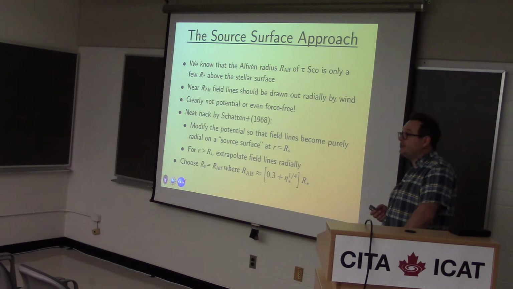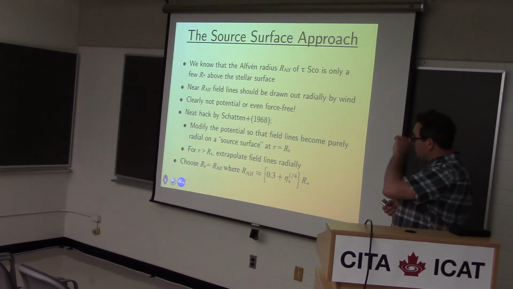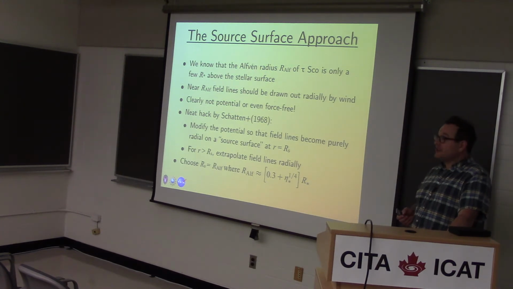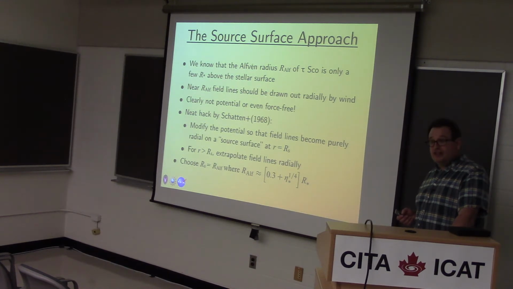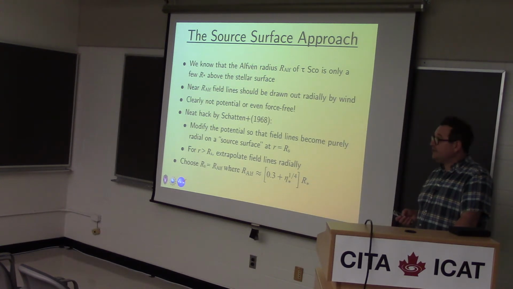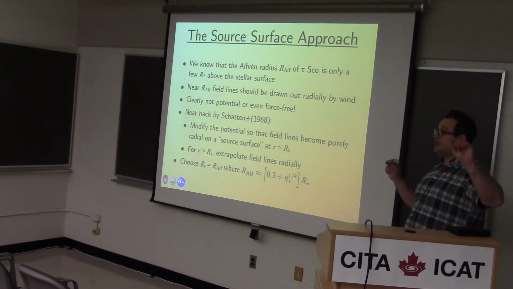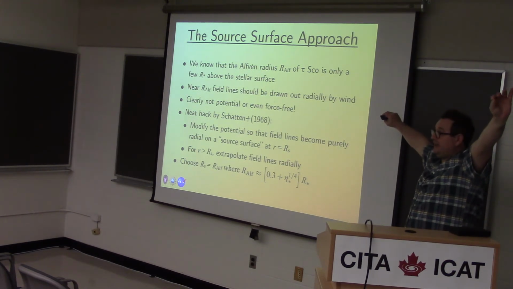The initial potential field models for the sun were modified to allow for open field regions by introducing something called a source surface. So basically, a source surface is a virtual sphere, and on that sphere you force the field to become completely radial. And this turns out to be achievable just by simply modifying the terms in the potential expansion that we do for a normal potential field extrapolation. And if we modify those terms, we can force all the field lines to become radial at some distance from the star, and then from that point outwards, we just extrapolate the fields outwards as radial lines.